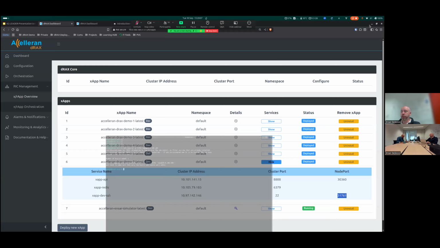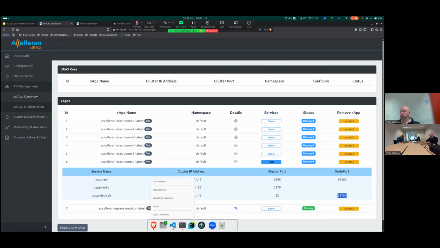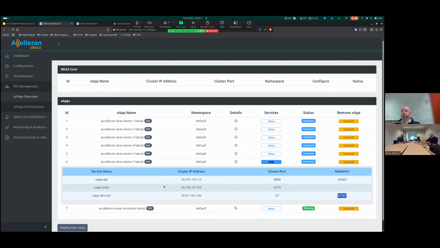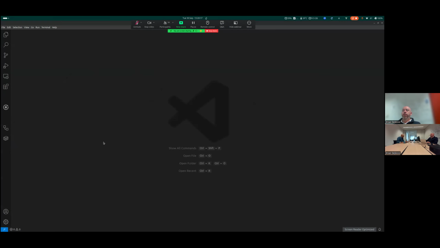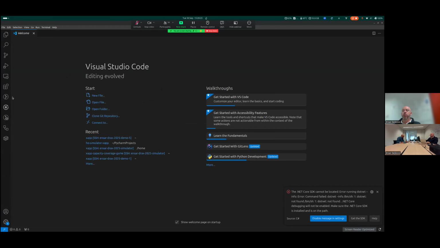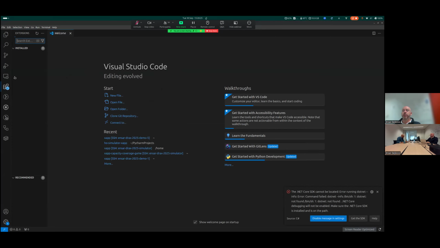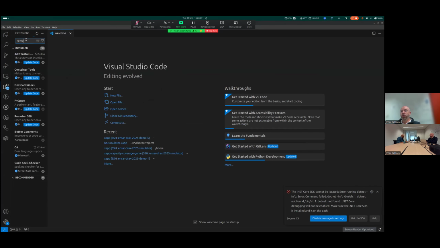So how do we do it? Well, if I open up my VS Code, as you know, VS Code has a lot of extensions that you can install on top of it. And one of the extensions, if I go to Extensions, is called Remote SSH.